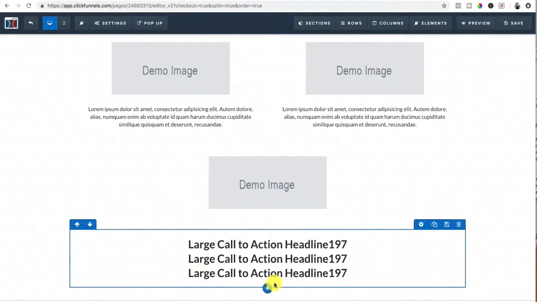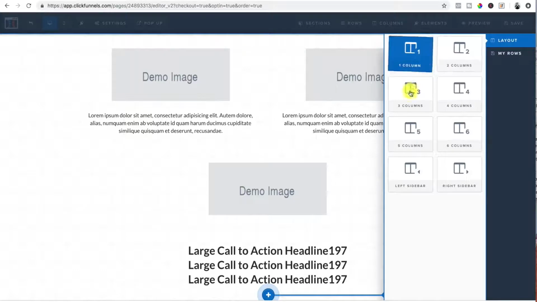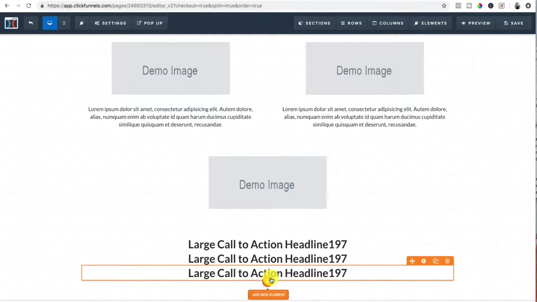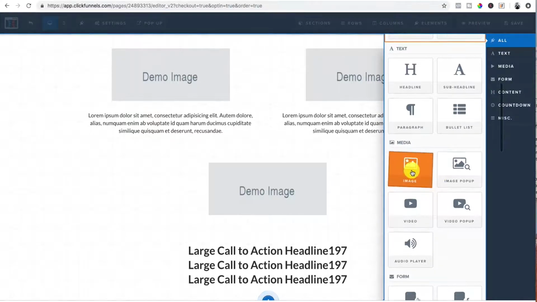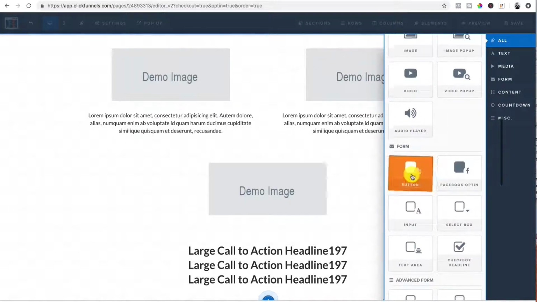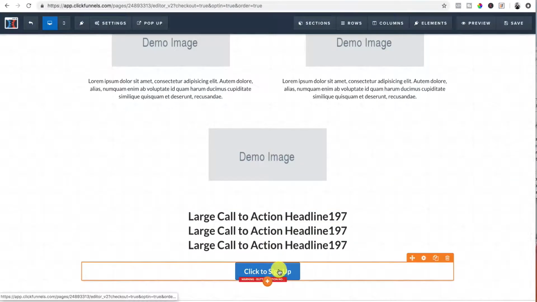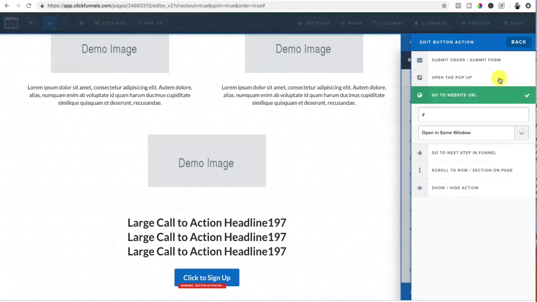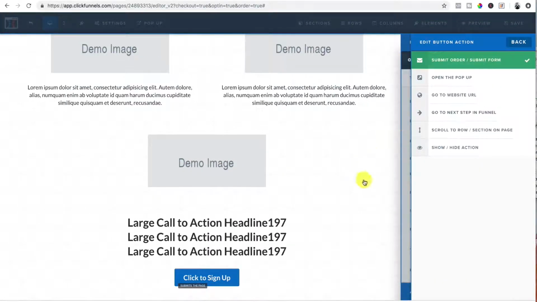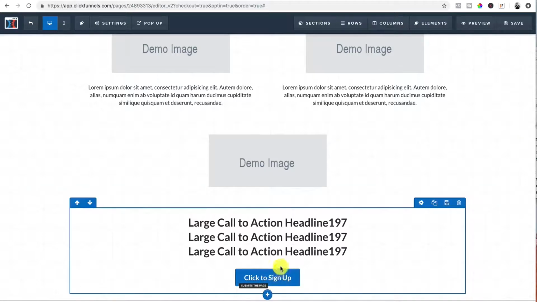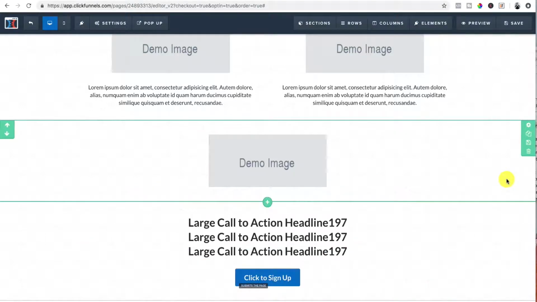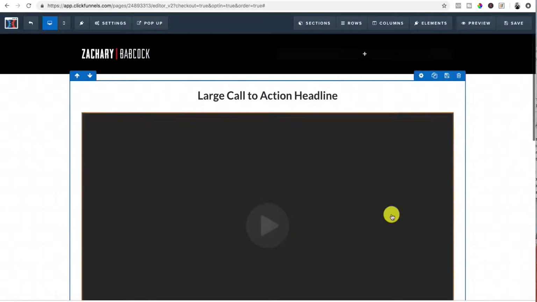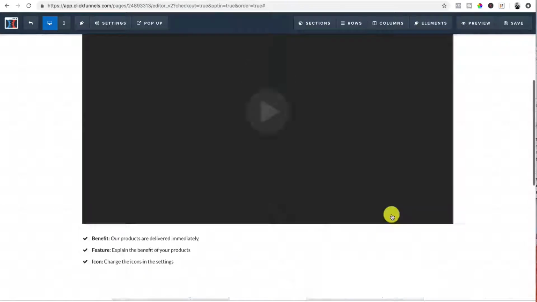And then after you get your stack going, make sure you add your button so they can actually purchase. And this button, you'd set the action, make sure you set the action as submit form, and that's going to make sure it submits the order, so it's going to lead them to the next page, which is the actual order form. And that is how easily you could set up